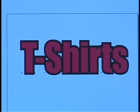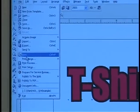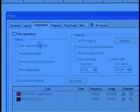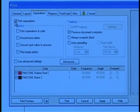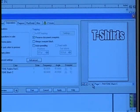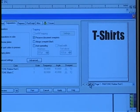Now, if we go to the File pull-down menu, come down to Print, and come over to Separations, if we look down below, we have our two colors, and on the right of the screen, it shows the actual separations. If I check Print Separations, on the right of the screen, it shows the word T-shirts. There's the fill, there's the outline, there's our two separations right there. And if we now say print, these print out, and we can tell Corel to put registration targets in the corners, so when we go to press, we can line things up,